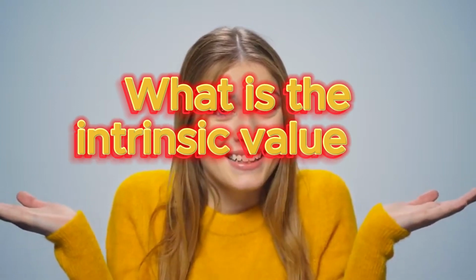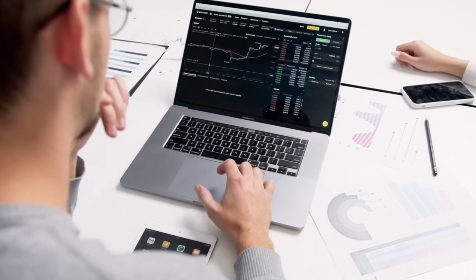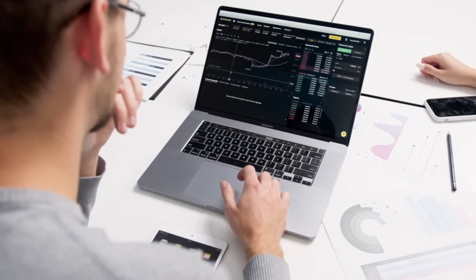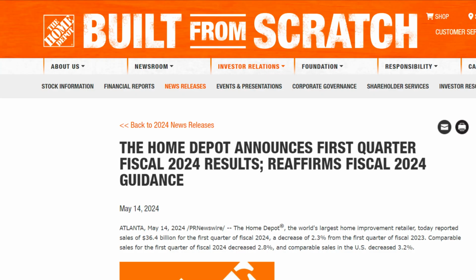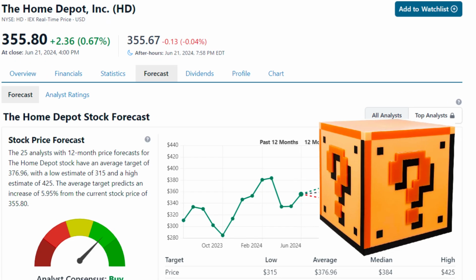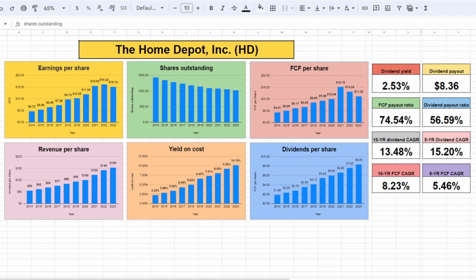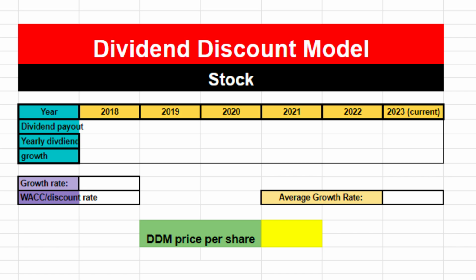What is the intrinsic value of the Home Depot? In today's video, we're going to take the Home Depot business and try to calculate their value in order to see if it's the right time to put this stock into our portfolio. Quick and simple, we are going to take a look at the latest earnings report, see if HD outperformed analysts' expectations, look at the financial performance over the past decade and use these valuation models to answer the biggest question